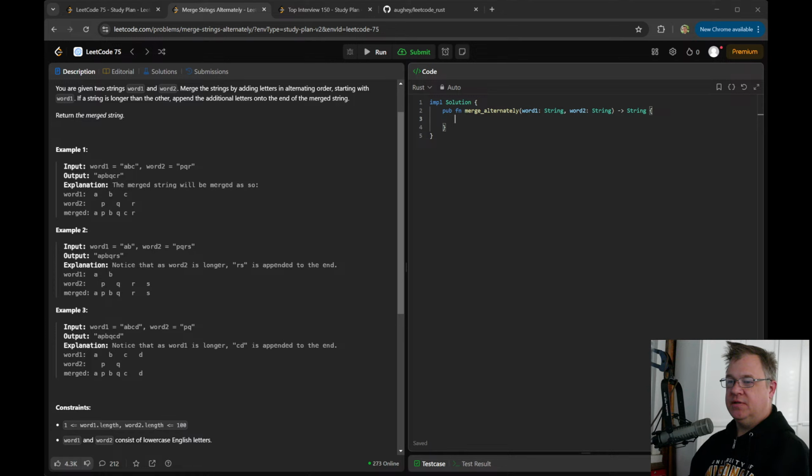But let's collect this into a vec of chars. So now that's a vec of chars. Oh, I think I can do string. Oh, output into. I should really know what this is. I don't.